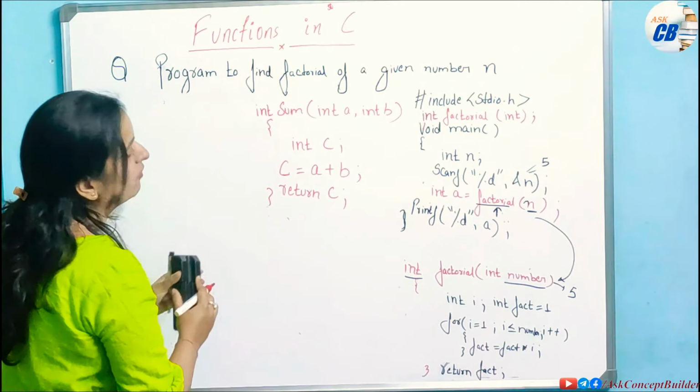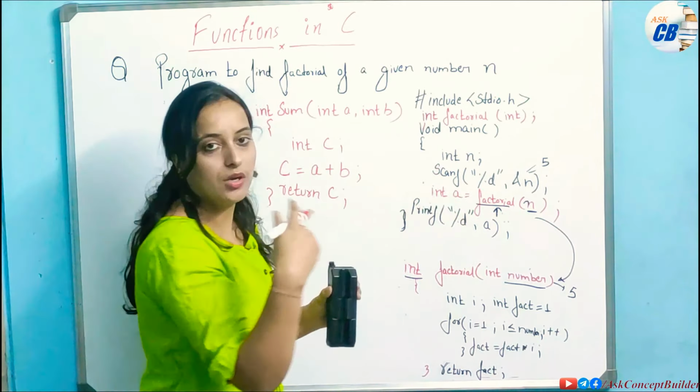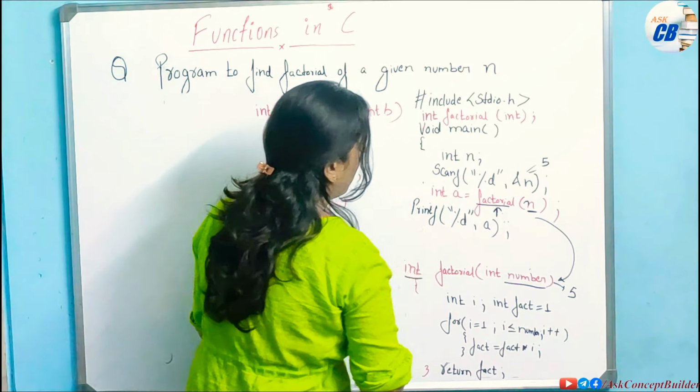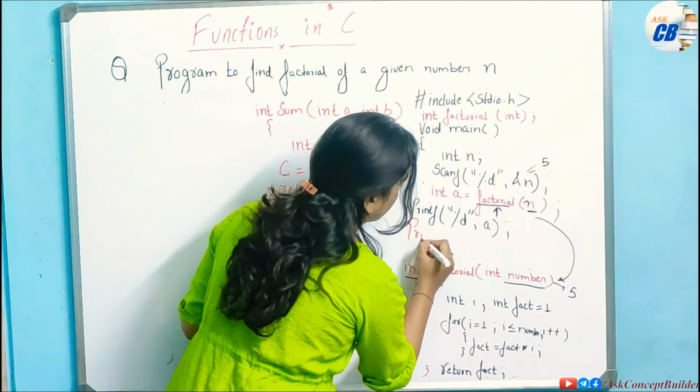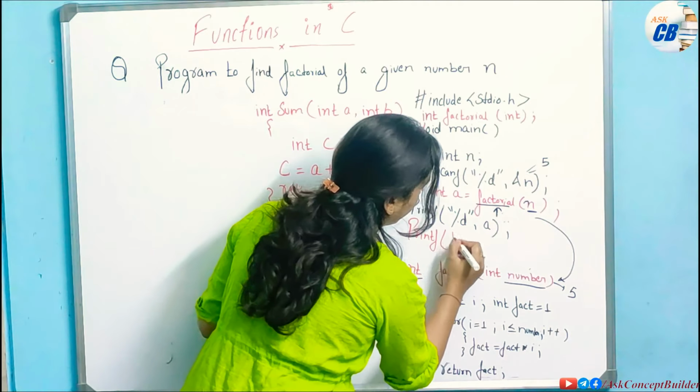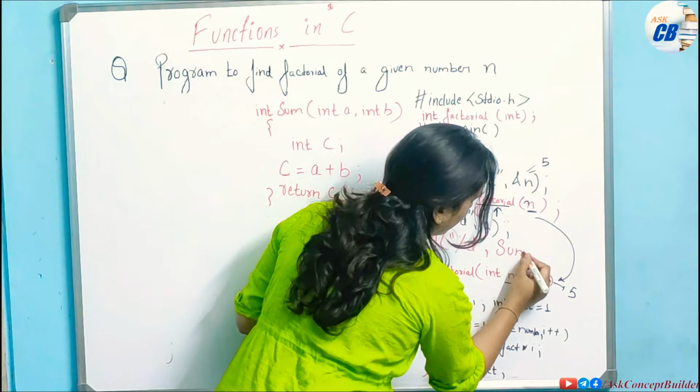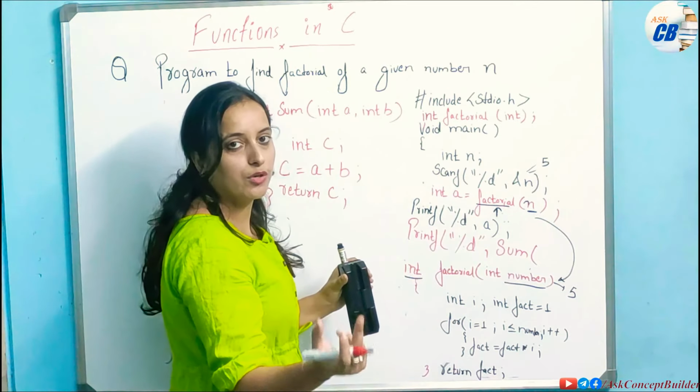Any two numbers which you will pass from your main function. Now what you can do here is, one more, simply you will include this printf, printf percentage d, and now your sum function you will call with any two values for which you want to find